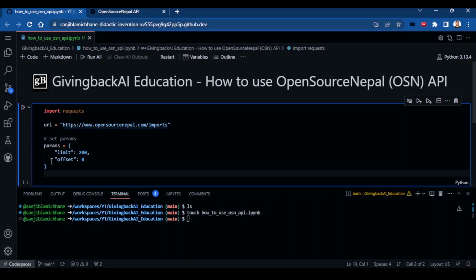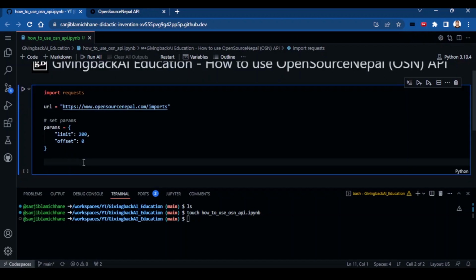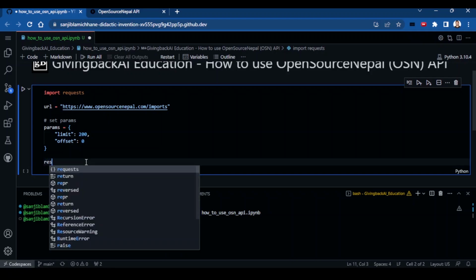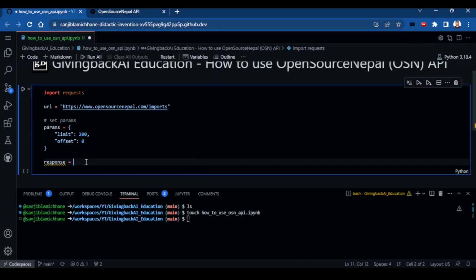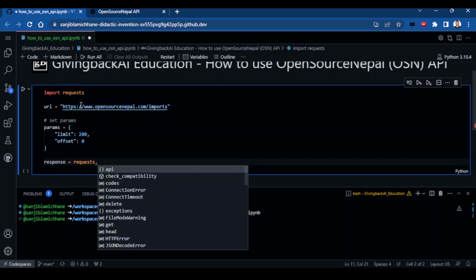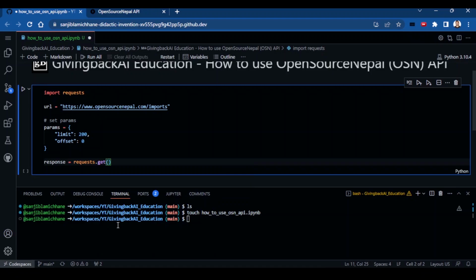Now the next step is to define our response, or have some variable in our memory that would collect the request from the get method. So for that, response would be requests, which is the library we just imported here, and requests has a method that comes by default, which is the get method.